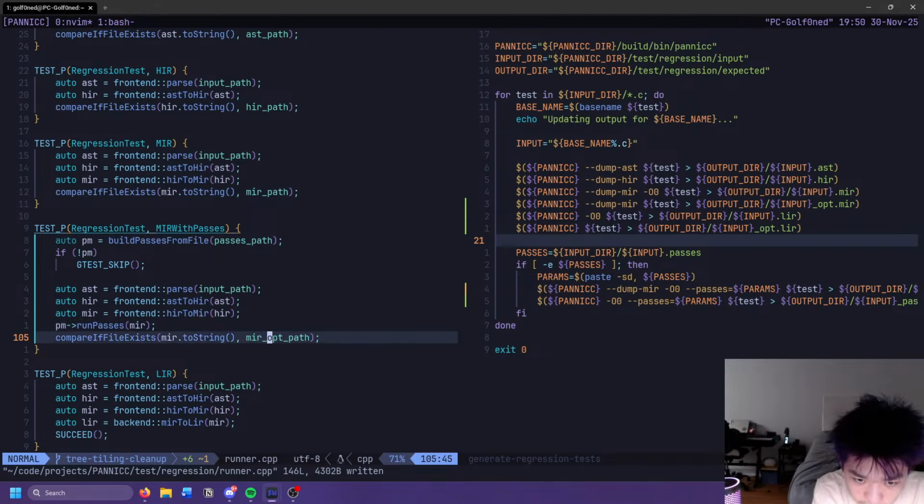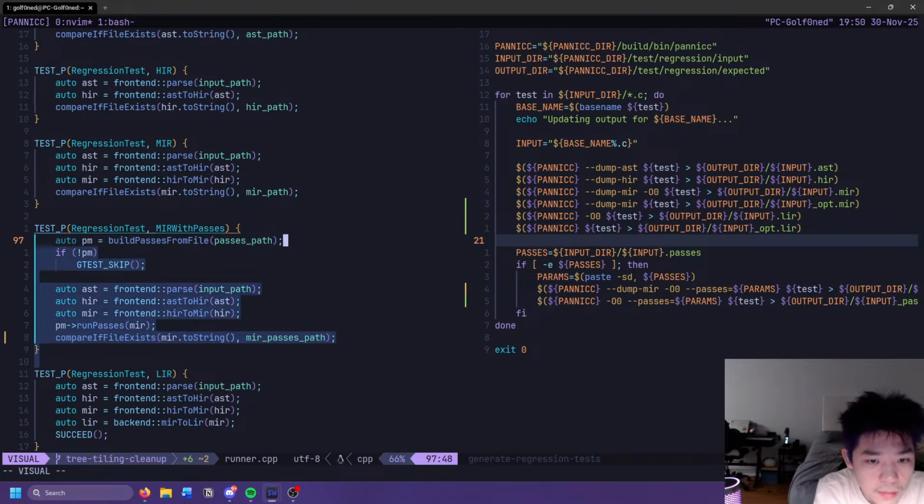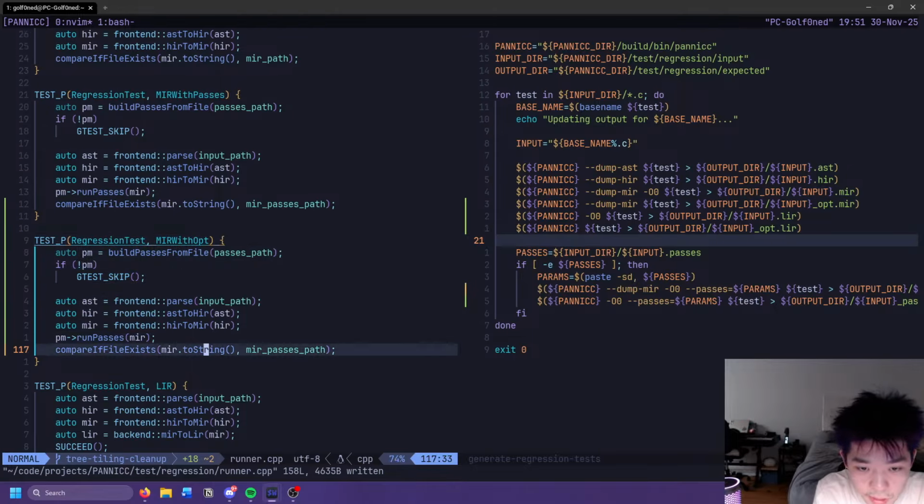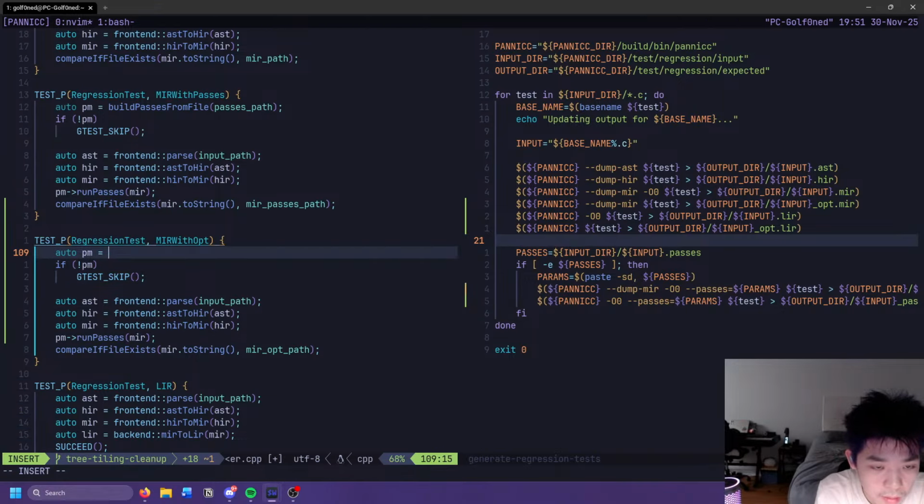So this should be passes path. So we can paste this real quick. This should be opt, generically opt. It should be build, or I guess like